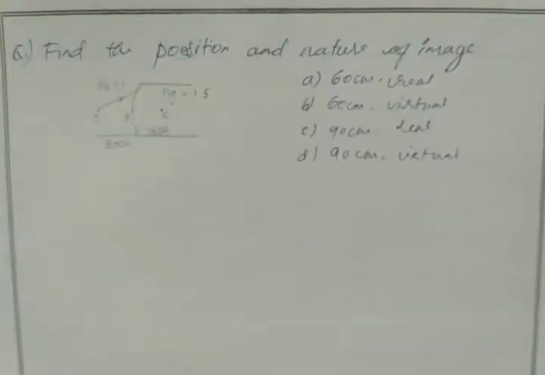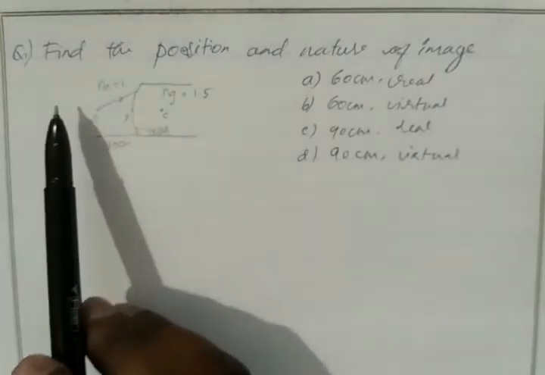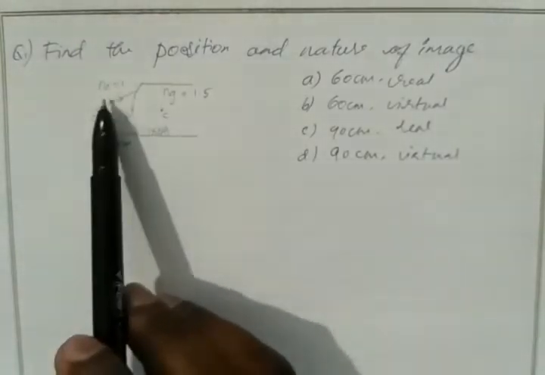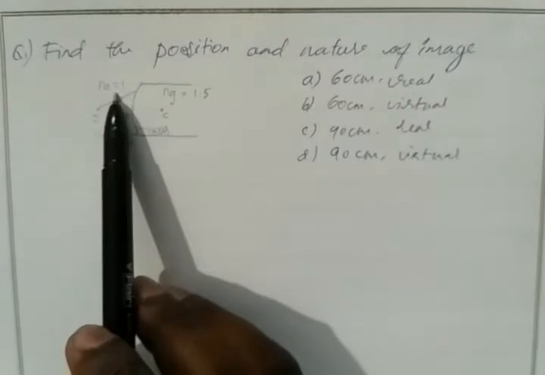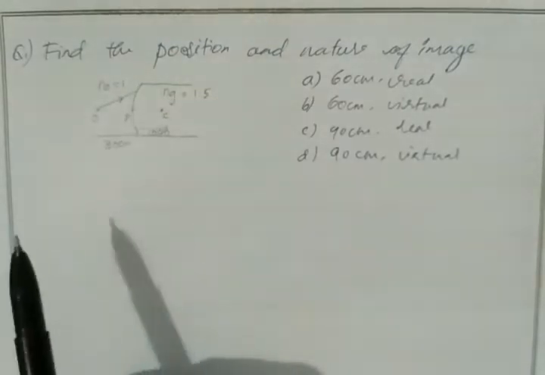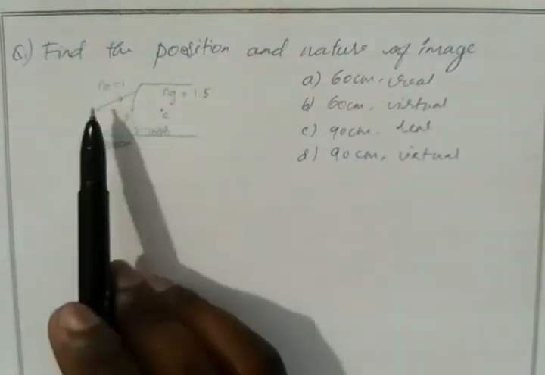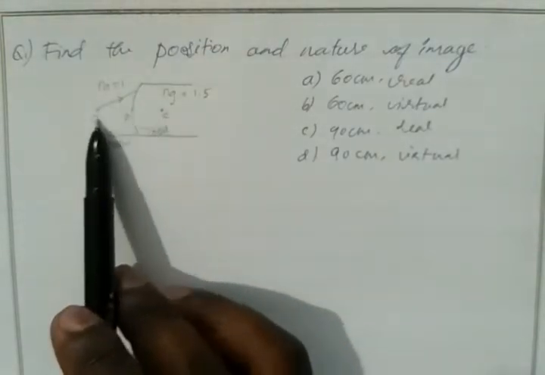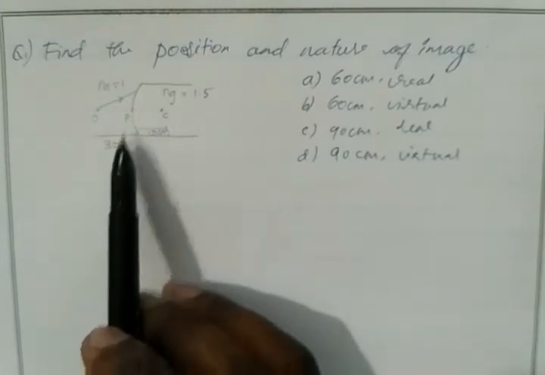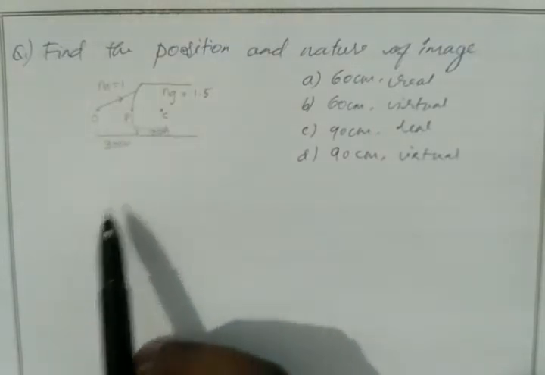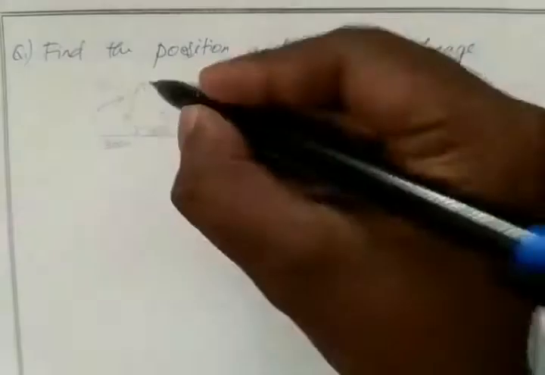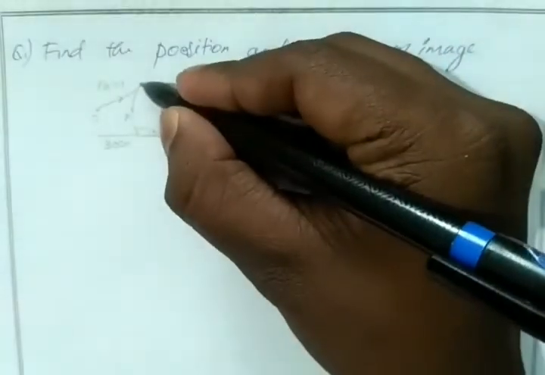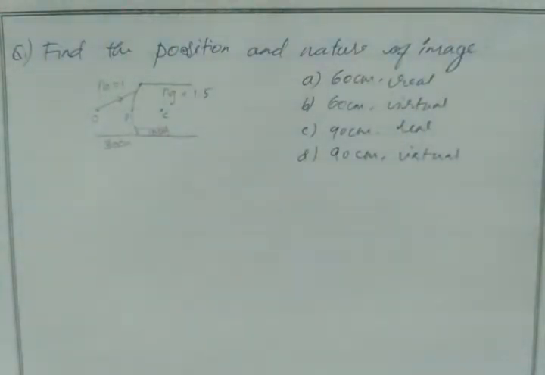We solve some numericals based on this refraction from spherical surface. So first problem, we have two media, air and glass. Refractive index of air is given as 1, refractive index of glass is given as 1.5. Light comes from the object, and the distance between pole and object is given as 30 centimeter. Distance between pole and center of curvature is given as 10 centimeter. Here we have a spherical glass surface.